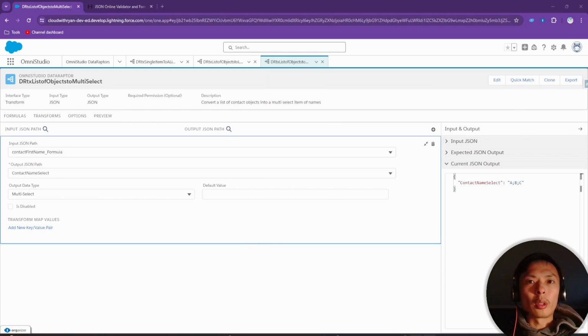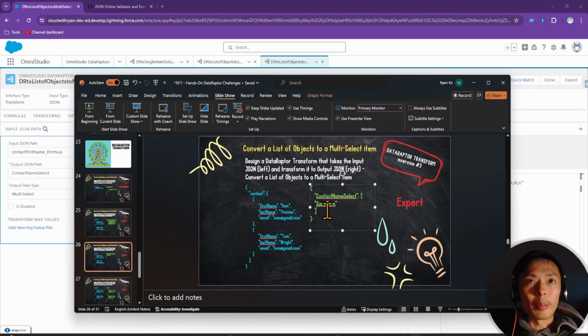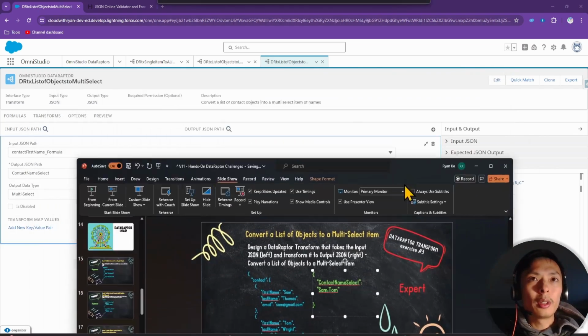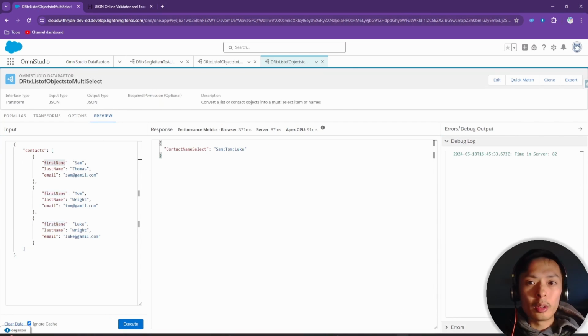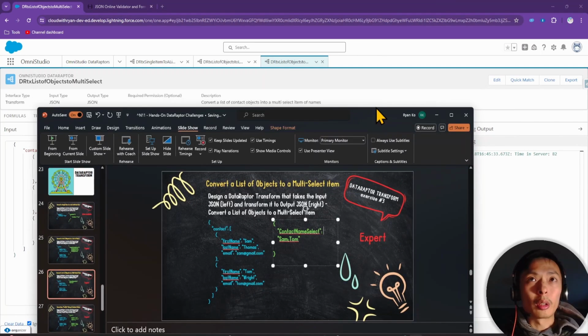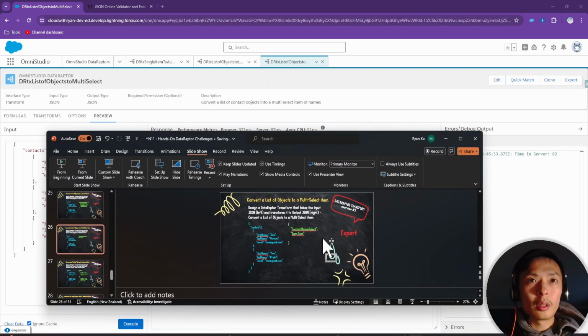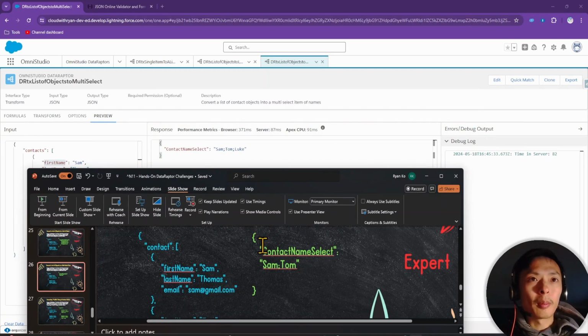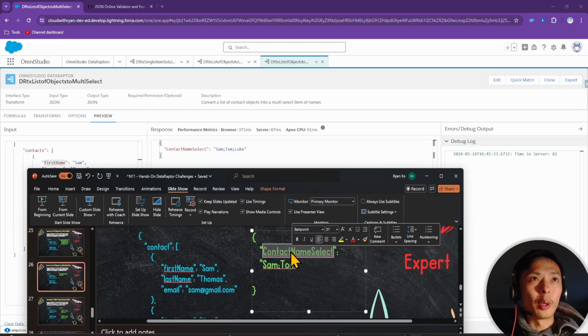And I just realized I probably made a typo here, since this is a multi-select pick list. It shouldn't be in an array, so it should really look like this. So it'll just be open close square bracket with the node contact name select, and inside this node we have the first name of